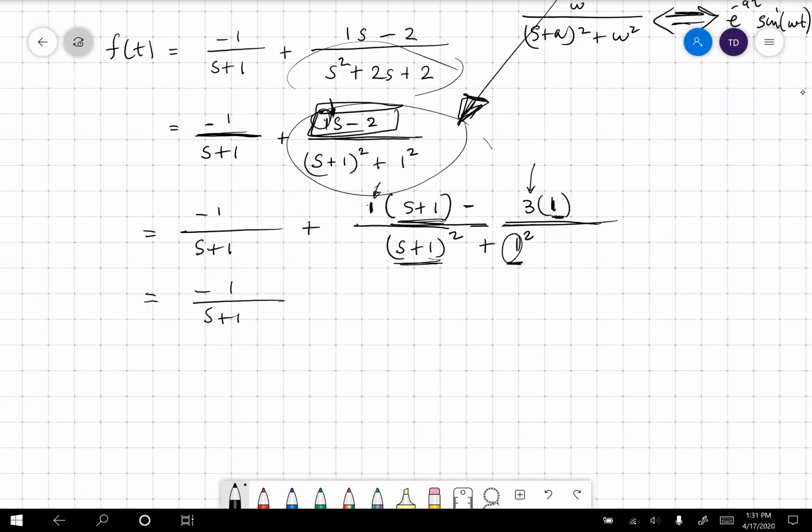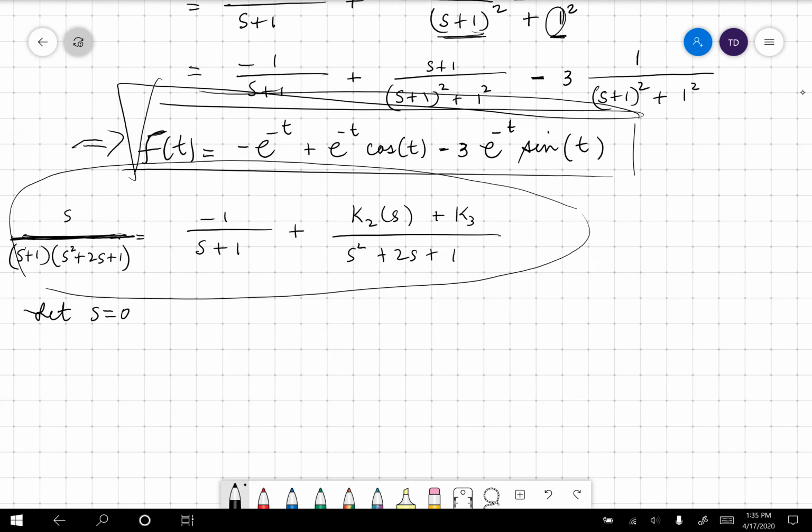So another approach is very similar to the approach where we set s equal to minus 1 or s equal to minus 2. This is an equation, and this equation must be true for all values of s. So what you can do is you can use two really good choices for s to be able to solve these values. I'm going to give you an example. s equals 0 is always an awesome choice. Well, when s equals 0, what do we have? On the right-hand side of the equation, we have